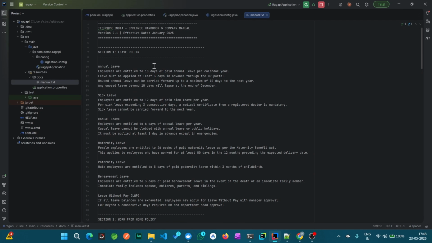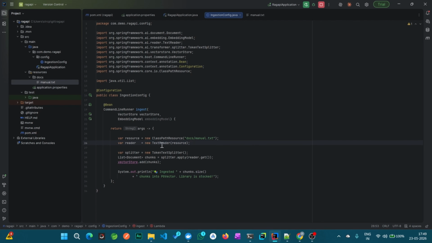So I have pasted a leave policy of some organization, and from the next time whenever I ask any questions related to leave policy, it should not go to Google or any public data. It will fetch from this library or this document, and then it will generate the response. Now we'll store that txt file details in a text reader object, and this text reader will return objects